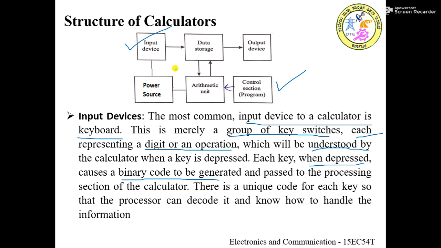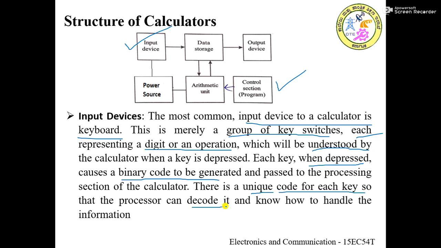The important thing here is, as you are going to find many key switches in the keypad, like digits or an operation, every key depression is going to generate a unique binary code. Why is it a unique binary code? Because I expect each key switch to generate a unique binary code, and that binary code is decoded, or understood, by the processing section, that is the control section of the calculator. The same thing is written here: there is a unique code for each key, and the